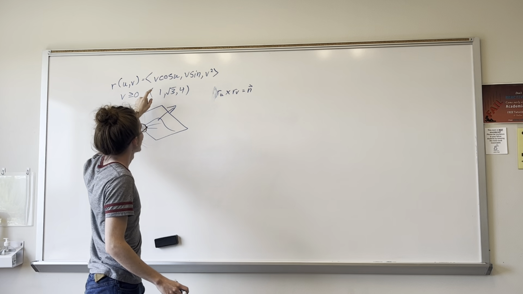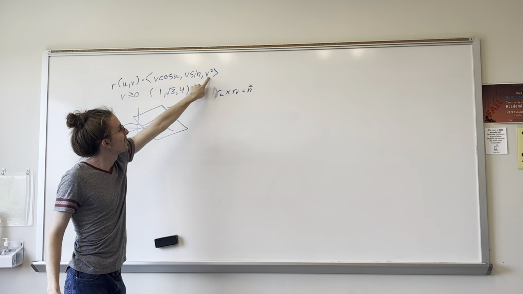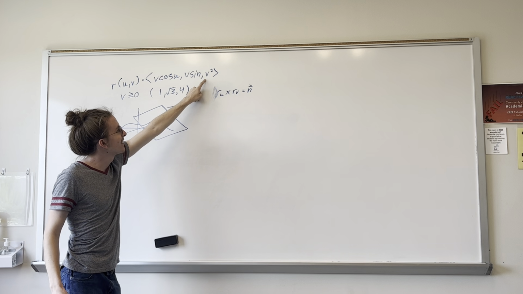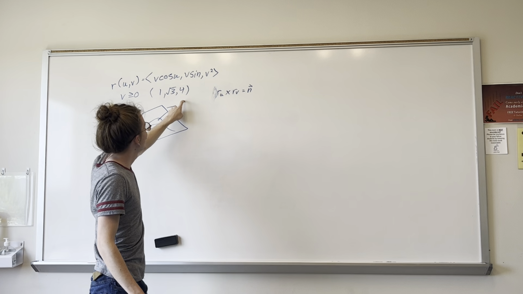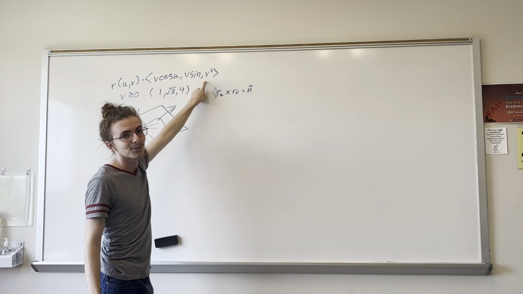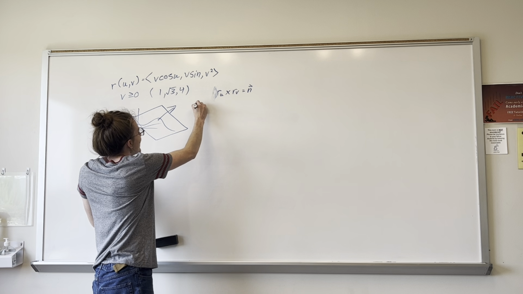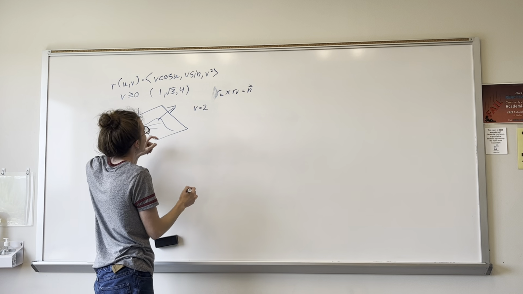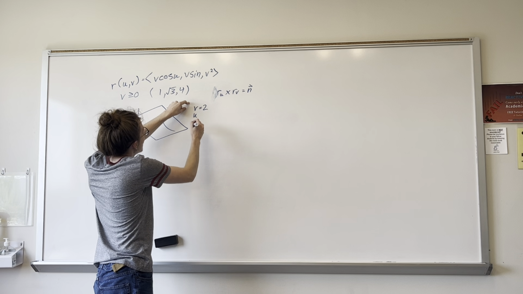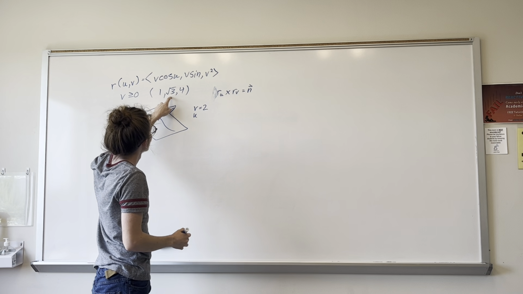If we look at the point, since v is squared and v is also greater than 0, that means that v equals 2, and for u, if we look at the square root of 3,